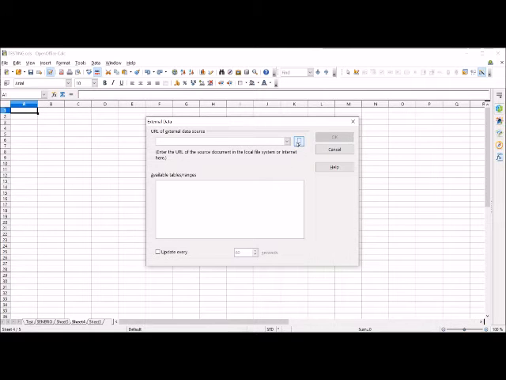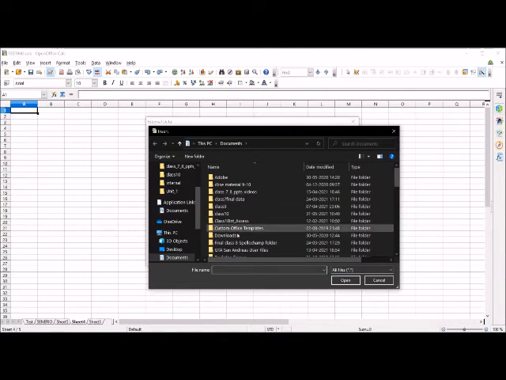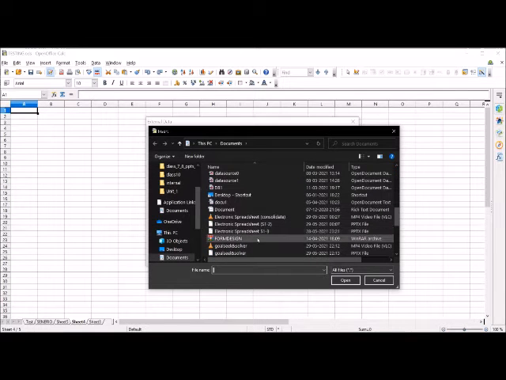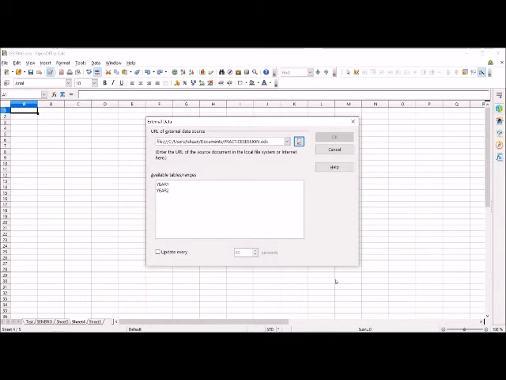Now I'll browse from here. And suppose I select this practice session workbook only. Open. Now here in this practice session workbook, there are these two ranges that I have created.